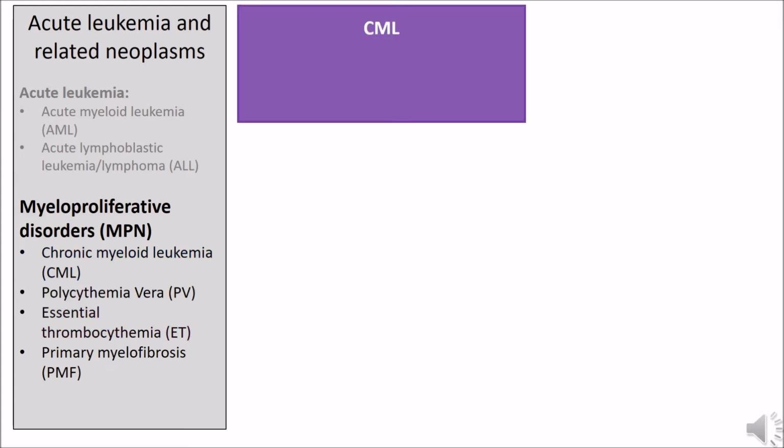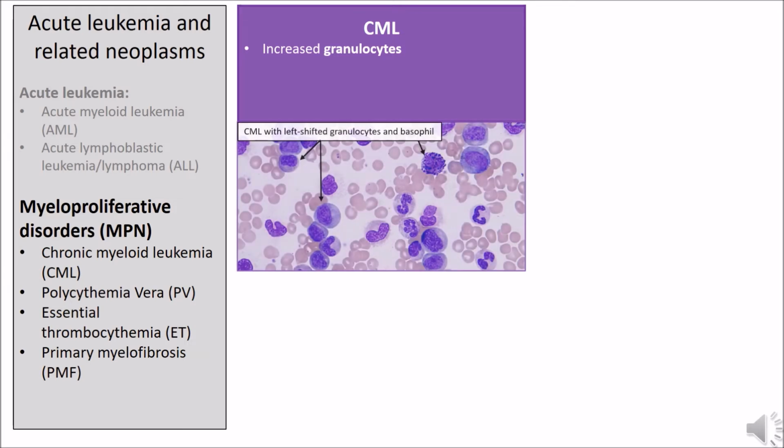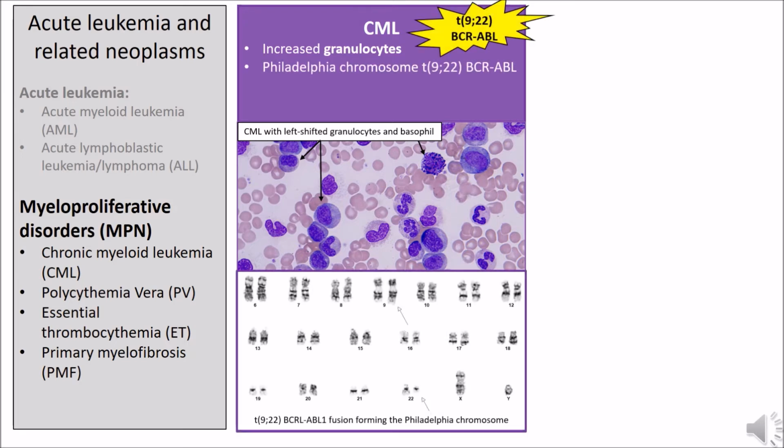Chronic myeloid leukemia is characterized by proliferation of granulocytes, resulting in an abundance of more immature forms spilling into the peripheral blood, such as promyelocytes, myelocytes, and metamyelocytes, producing a left-shifted leukocytosis, often with increased basophils. The characteristic translocation is translocation 9;22, creating the BCR-ABL fusion gene and forming the Philadelphia chromosome. Because the BCR-ABL fusion creates a powerful tyrosine kinase, treatment is targeted at inhibiting its activity with kinase inhibitors like